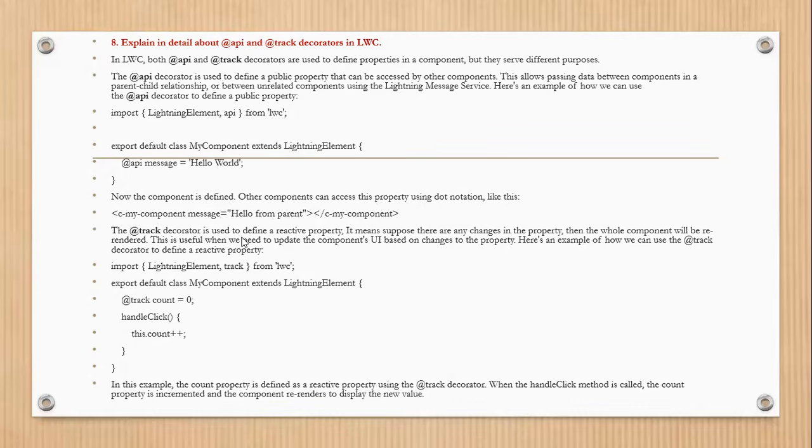The track decorator is used to define a reactive property. Mainly, if there are any changes to the property, then the whole component will be re-rendered. This is used when we need to update the component view based on the change to the property. Here is an example of how we can use the track decorator to define a reactive property. import { LightningElement, track } from 'lwc'; export default class MyComponent extends LightningElement { @track count = 0;